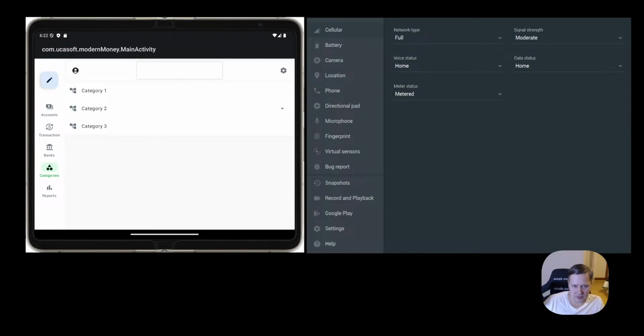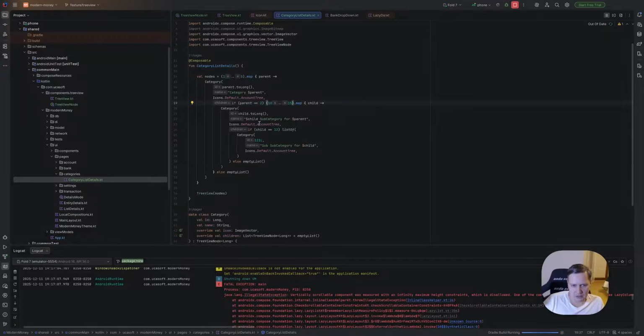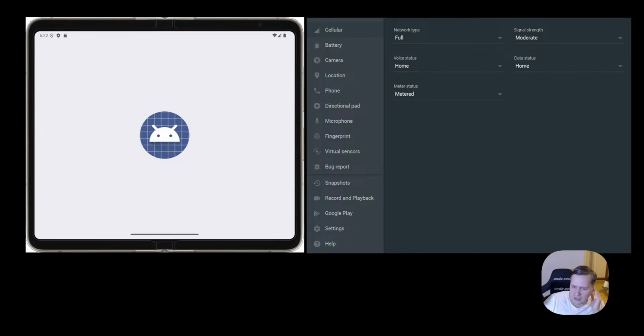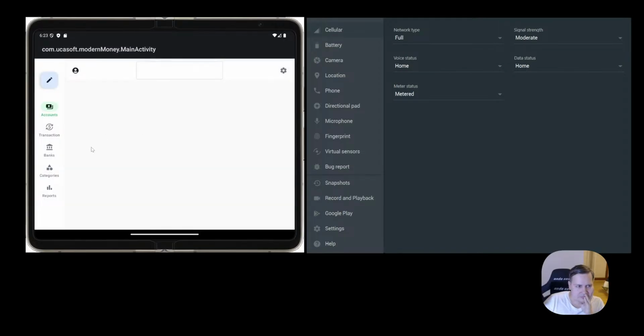Here is 5 and here is 15, so I change here to 5 and to 15, and when I switch back to IntelliJ IDEA, okay, yeah, we have categories, but we don't have scroll. Yeah, it's what we need to fix.